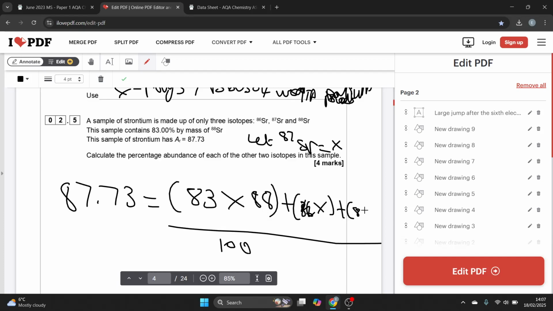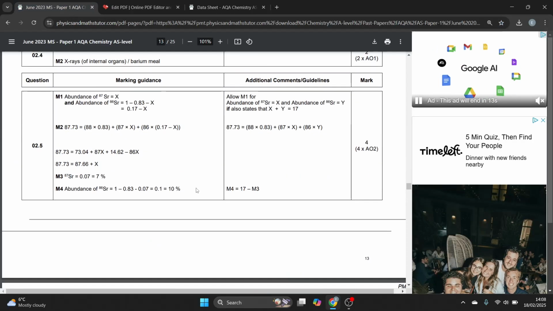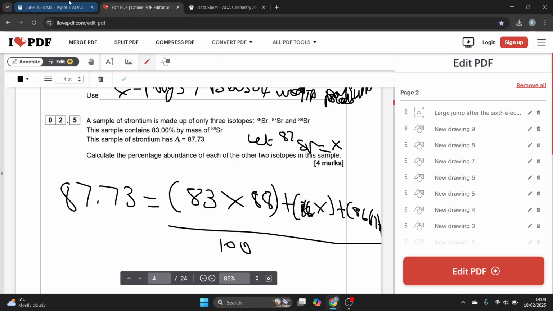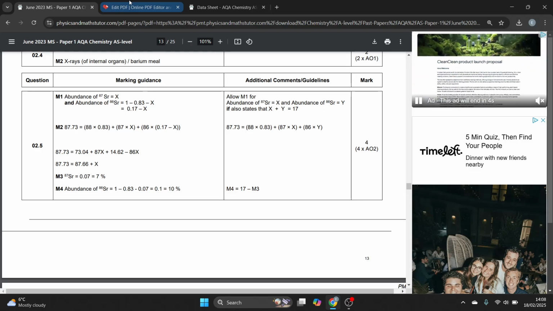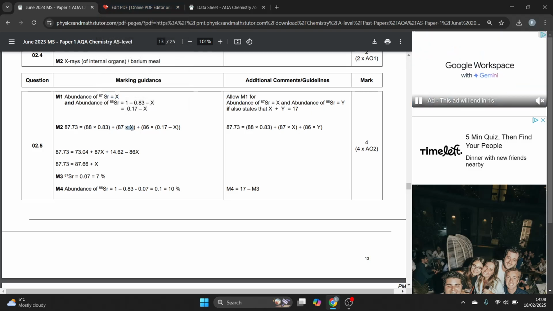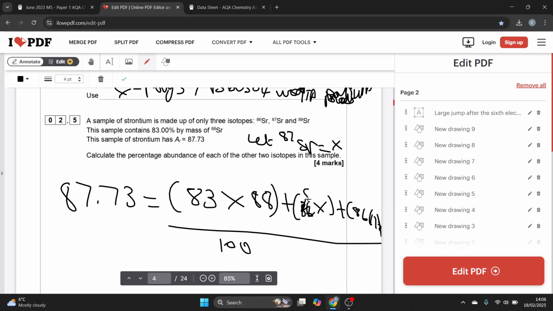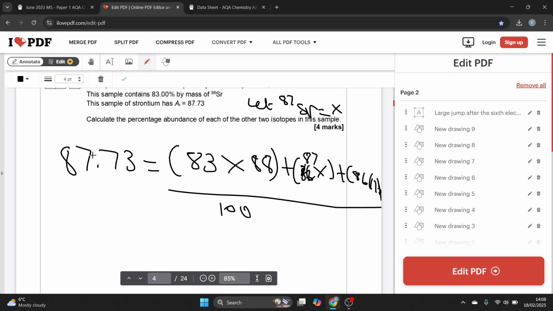Plus 86 bracket 100 minus 88, which is what? No, 100 minus 83, which is 17, and therefore 17 minus x. Hopefully you got it right. Let that equal x. 86 times 17 minus x, yes. And if the abundance of 87Sr is x, then it's going to be 87 times x, which is what I forgot to do. So 87x. Then you times by 100, then you get